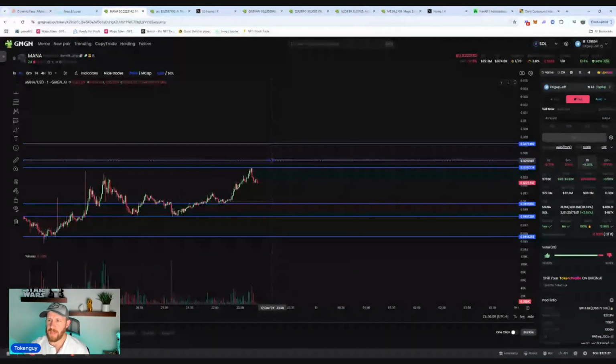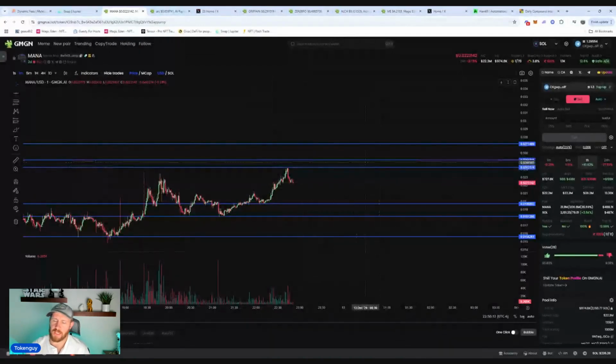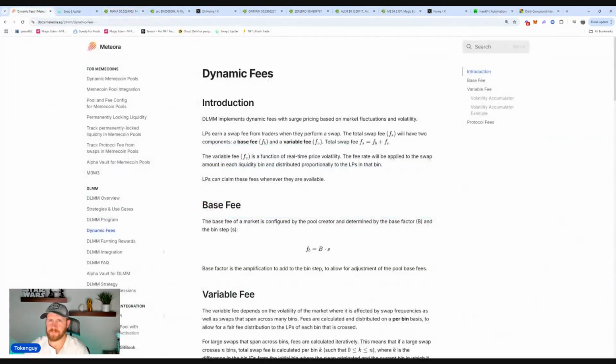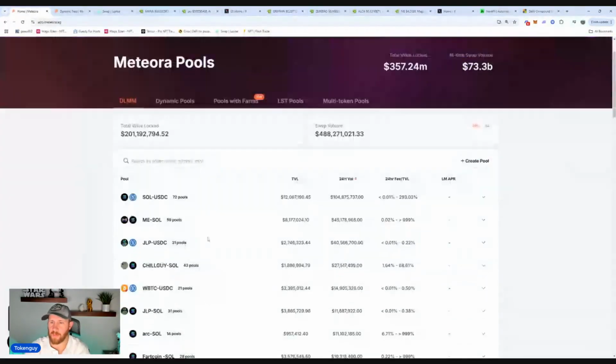As you enter into it, it'll create a new range, and then I'll explain a little bit on how I would then exit. That's kind of the general entry for us. We're looking for it to break out above a previous high with a continued uptrend so that we catch it on the way up. And so that way our pool, whenever it's set up, we can show you here. Whenever you set up a pool,